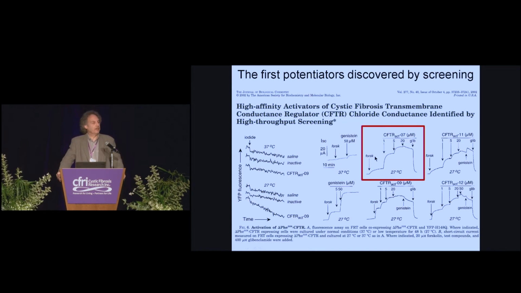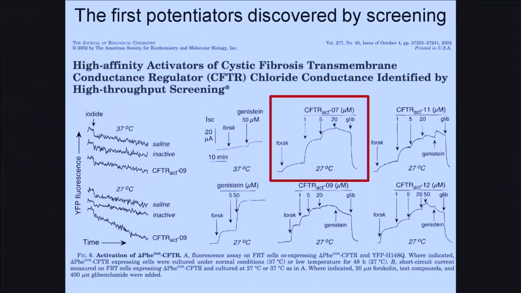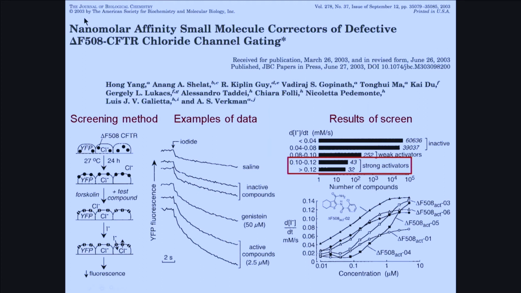Turns out the very first potentiators discovered by screening were reported in our paper on normal CFTR. This shows figure 6 of our paper. We happened to look at whether the molecules we identified would also serve as potentiators, that is, normalizers of the defective gating of the delta F508 CFTR. And the answer was yes. As shown here in the box, several of these compounds, this one being extremely potent, were able to open the cystic fibrosis causing mutant. And then immediately thereafter, in 2003, we published a paper using a screen specifically on delta